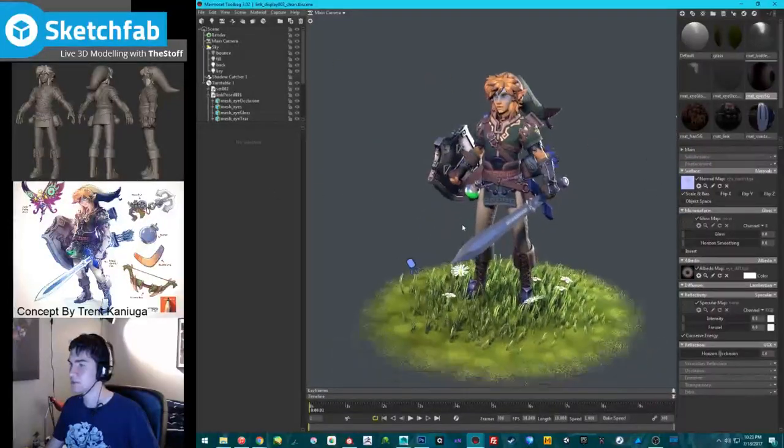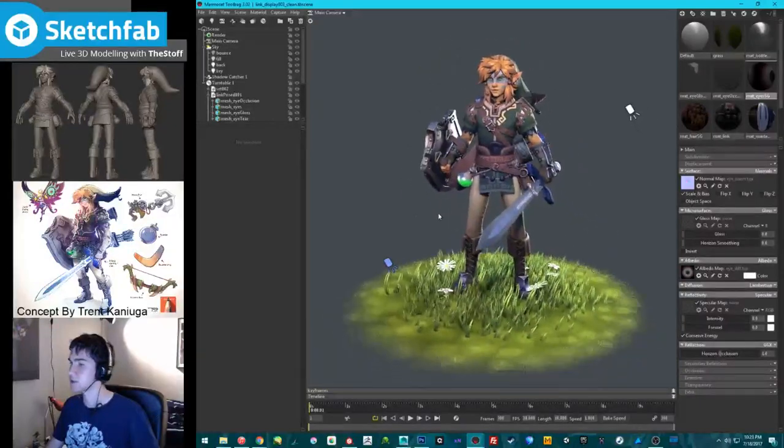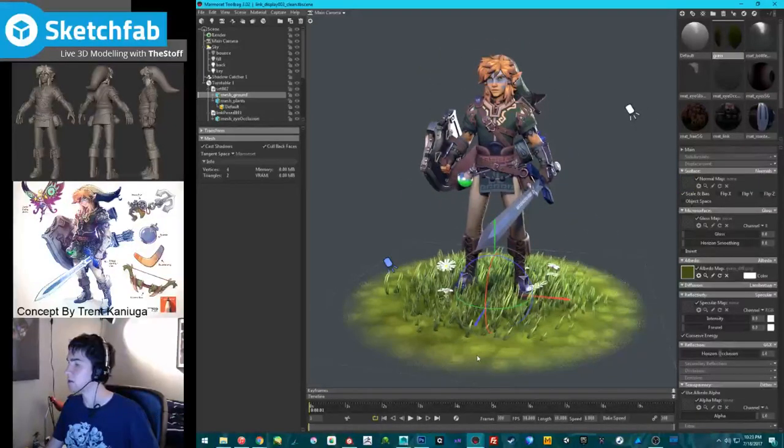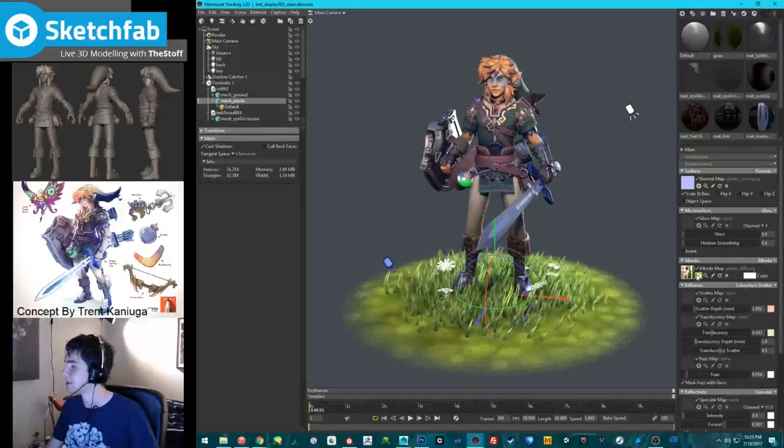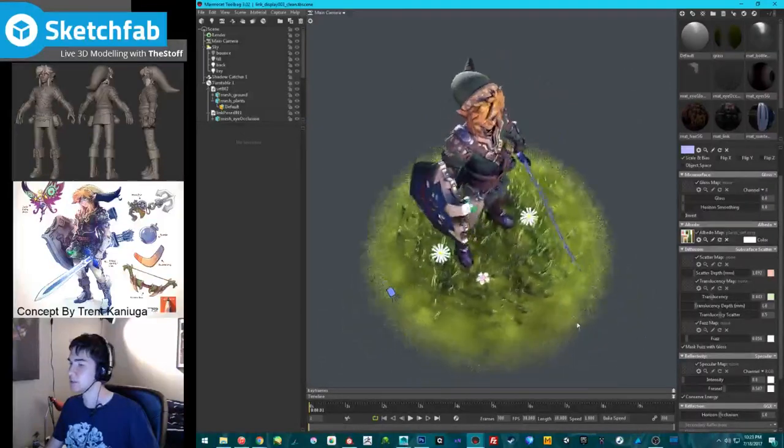And there we have it. Clean up file. That's just a texture. Okay. And then same with you guys. Oh, well, this one has a normal map, but yeah. Alright. Good. We're good.